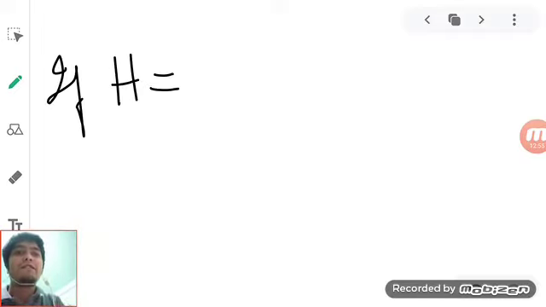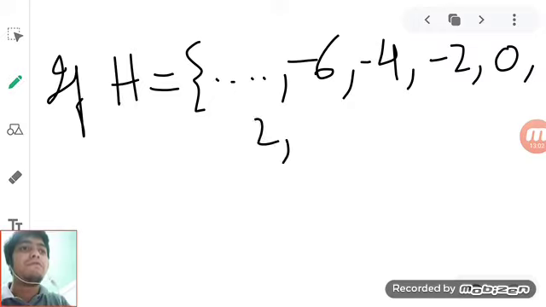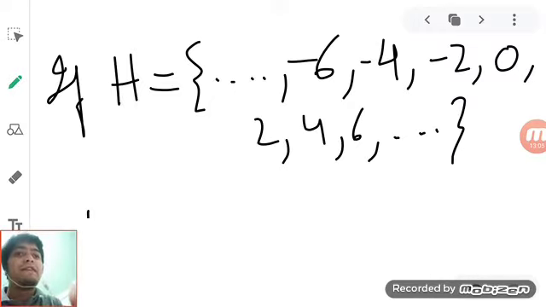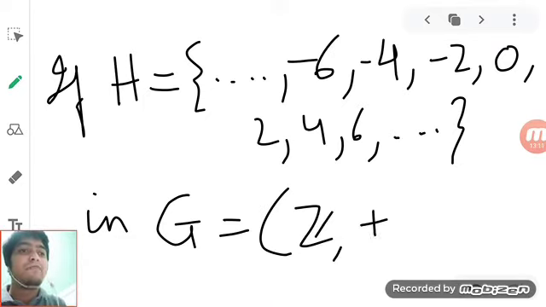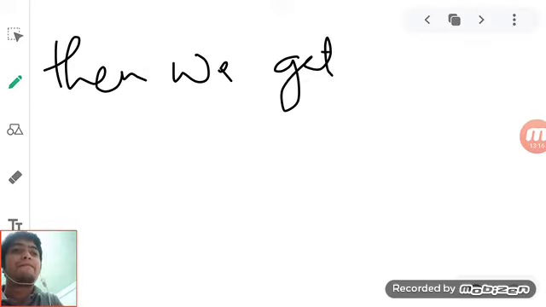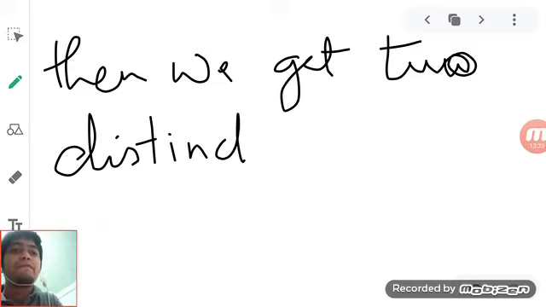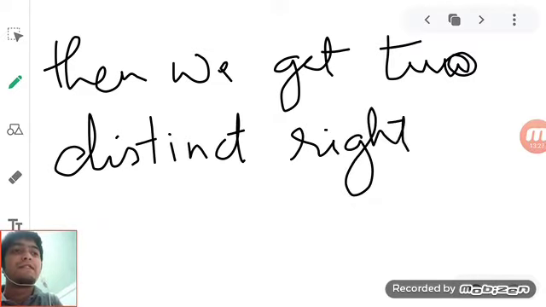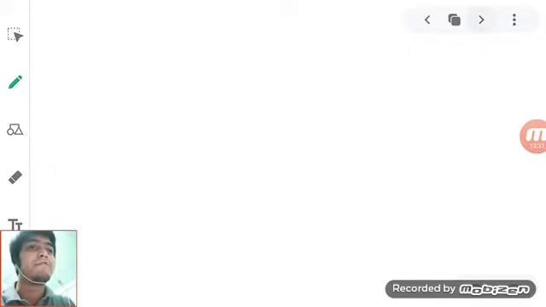If H equals minus 6, minus 4, minus 2, 0, 2, 4, 6 in G equals Z plus, then we get 2 distinct right cosets. Okay, we are getting 2 distinct right cosets, that is,